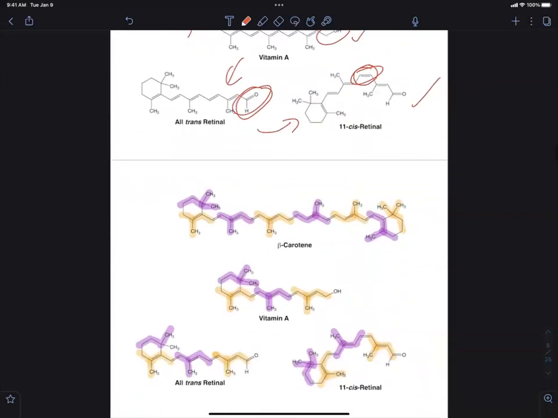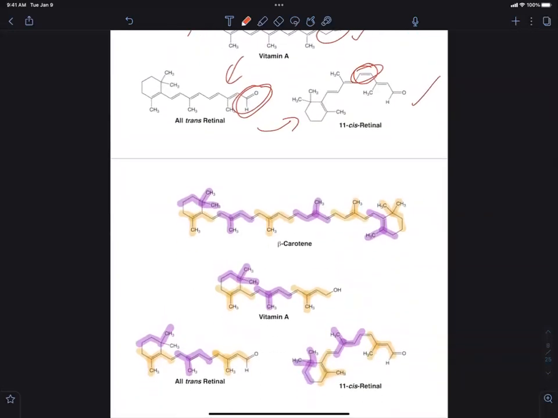Just to show you that those other molecules are terpenes, I've highlighted the 5-carbon isoprene units in beta carotene, vitamin A, and then the trans and the cis retinal. So I hope you found that interesting. I think it is incredibly cool that our vision, mammalian vision, depends on molecules that we get from plants. And if you know how to look for the signature, namely the 5-carbon isoprene unit, you can immediately recognize that